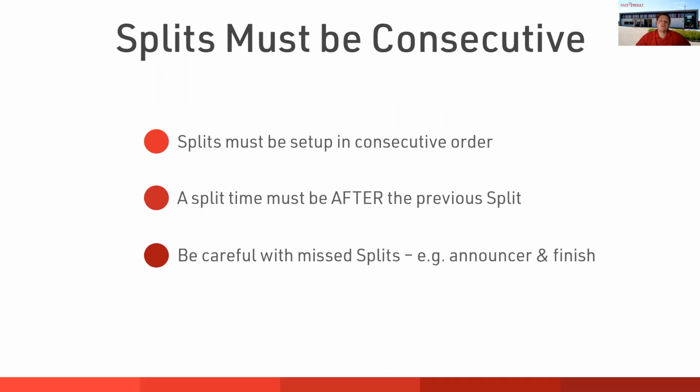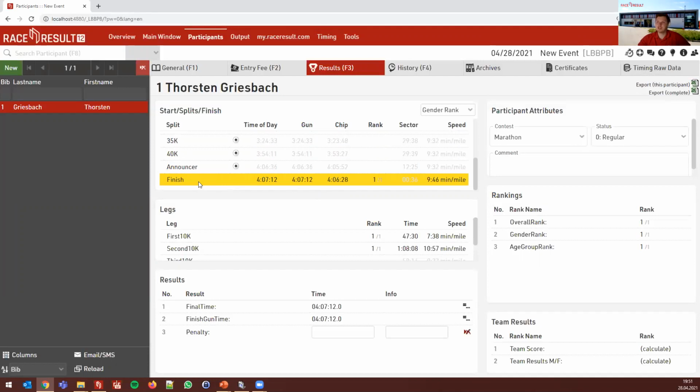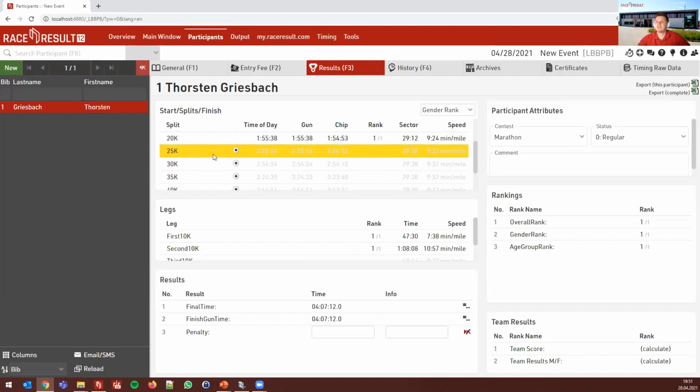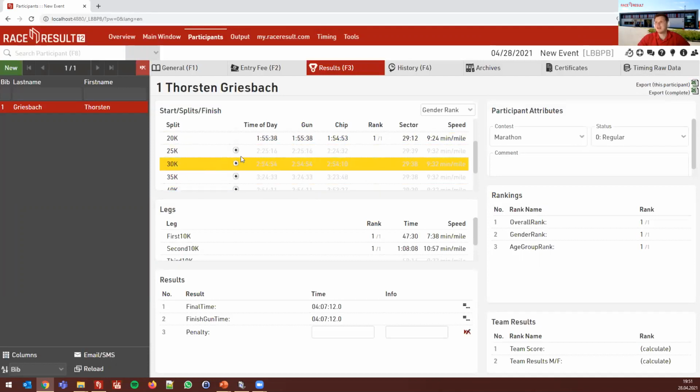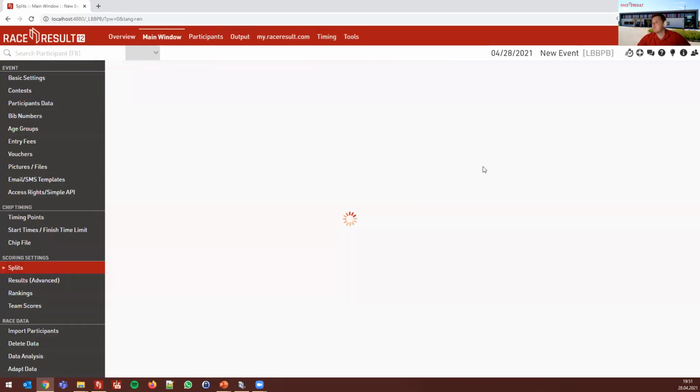And be careful with missed splits. For example, announcer and finish, but actually all missed splits. Because as we've just seen in this example, we can still have a valid finish time, even though a participant does not have any detections in between. And how does that work? So when we look at our splits setup,